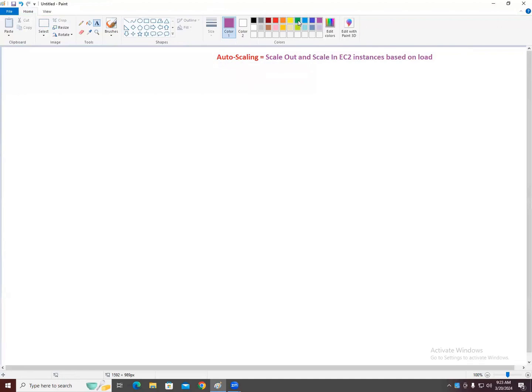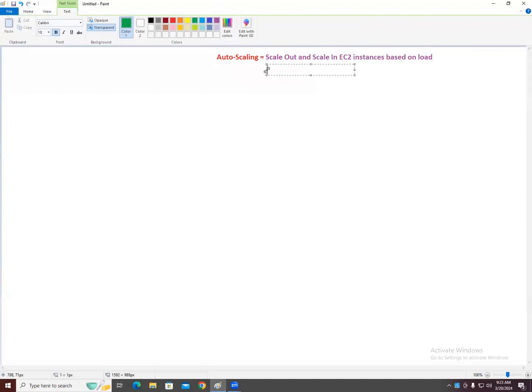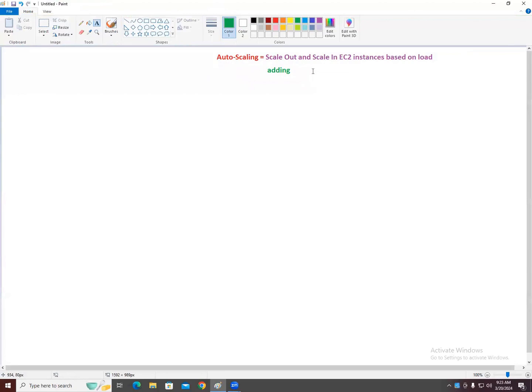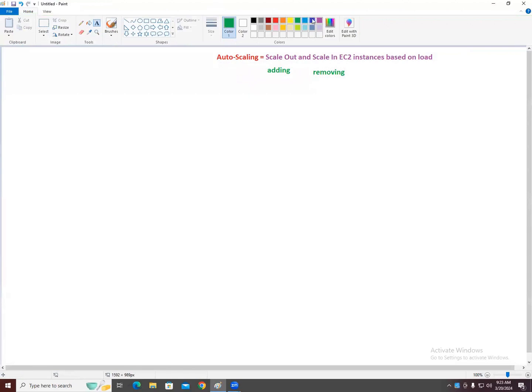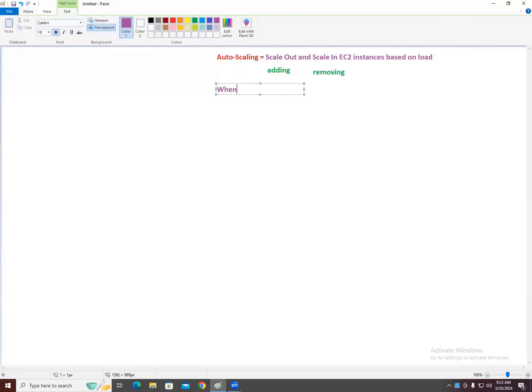Okay. So what is scale out meaning here? Increasing, or you call it adding. Scale in meaning decreasing or removing. Okay. So whenever there is a demand on the traffic, this auto scaling group will launch new EC2 instances based on the load. Yes or no? Correct? Whenever there is a demand in traffic, auto scaling group will scale out and scale in EC2 instances